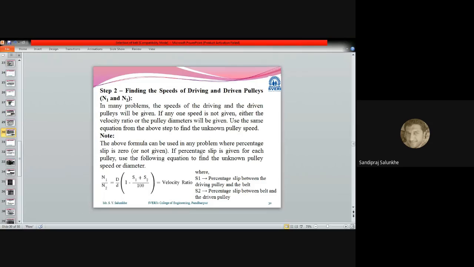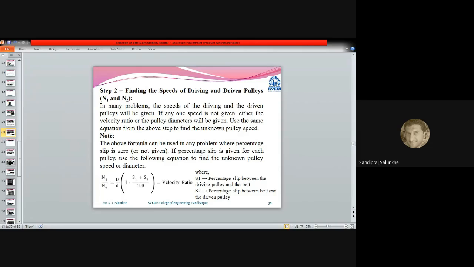Suppose you get some value, say 10, but the percentage slip given for the driver pulley is 10 and the percentage slip given for the driven pulley is again 10. In that case, due to this slip, this capital D divided by small d value will not be exactly equal to the